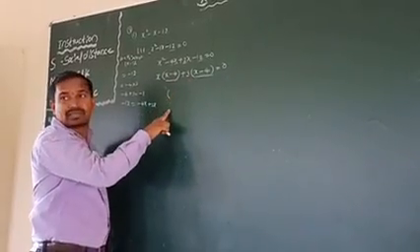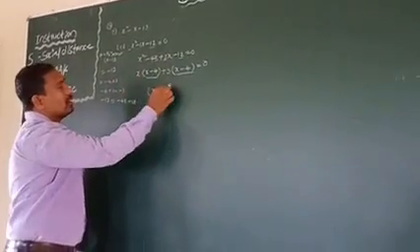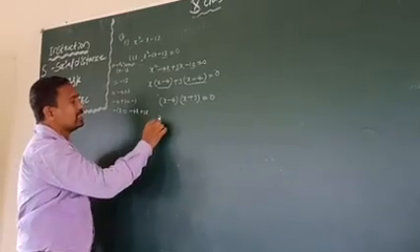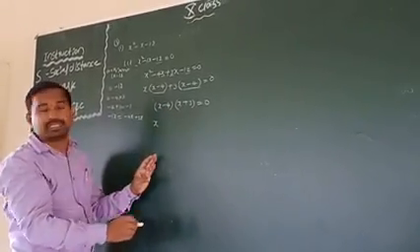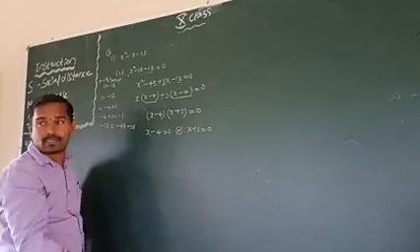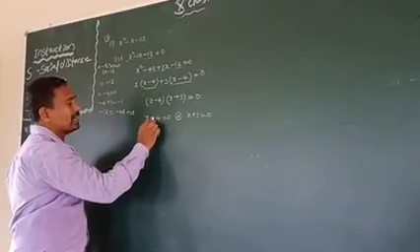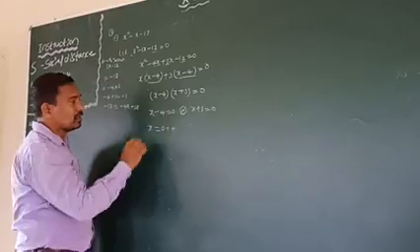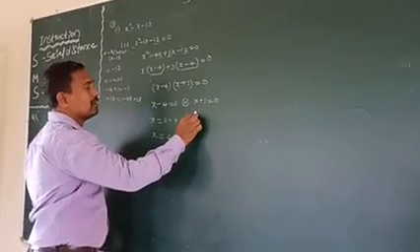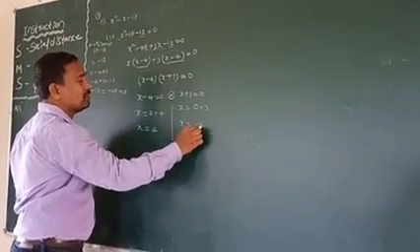Now x minus 4 is a common factor. So take x minus 4 common. What is remaining? x plus 3 equal to 0. The product of two numbers is 0 means x minus 4 is 0 or x plus 3 is 0. So x equals, transposing minus 4 to the right side, 0 plus 4, since the sign changes, so x equals 4. And x equals 0 minus 3, so x equals minus 3.